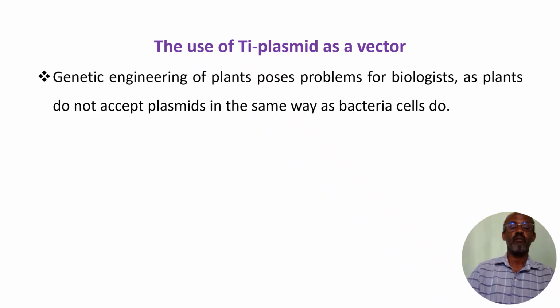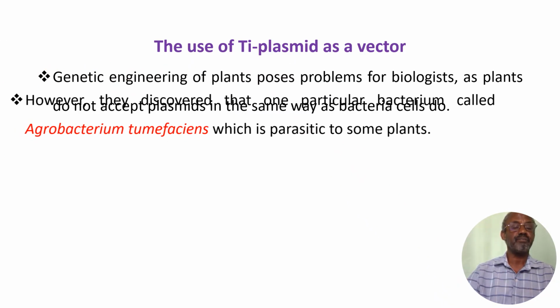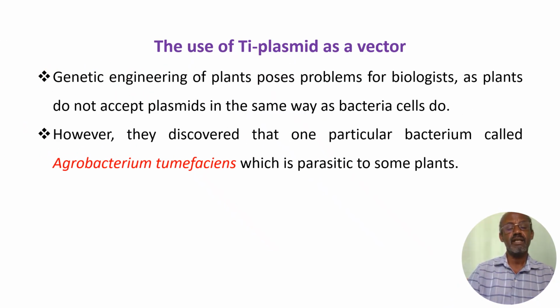One big problem is genetically engineering plants. How is it a problem? Of course, it is difficult to insert genes into plant tissues. The plant cells do not accept plasmids as bacteria cells accept plasmids. This makes genetically engineering plants difficult. One problem. However, scientists discovered that one particular bacterium called Agrobacterium tumefaciens, which is parasitic to some plants,